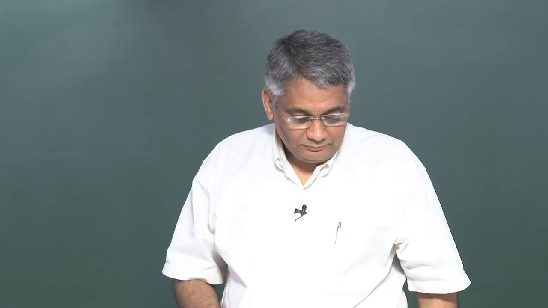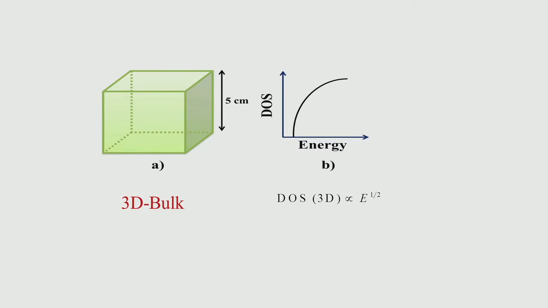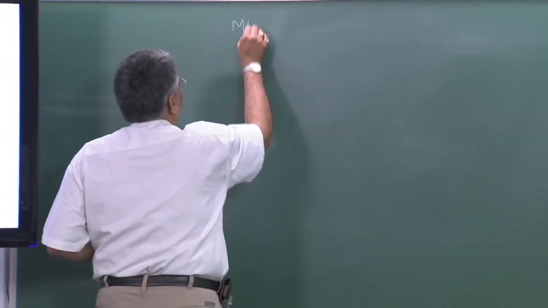Okay, so what we have seen yesterday was, we derived an expression to see the density of states variation in the case of a three-dimensional system, which looks like this. So a macroscopic